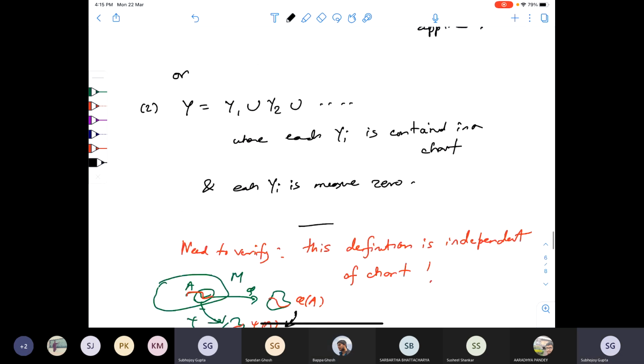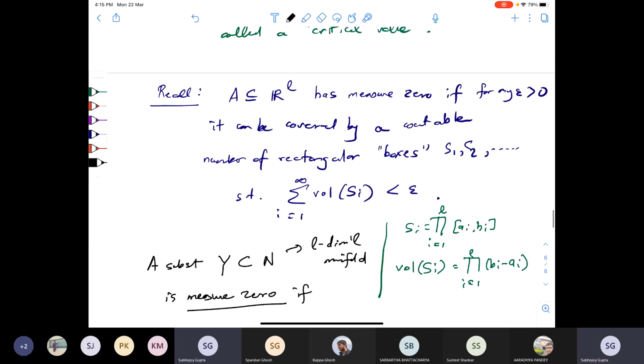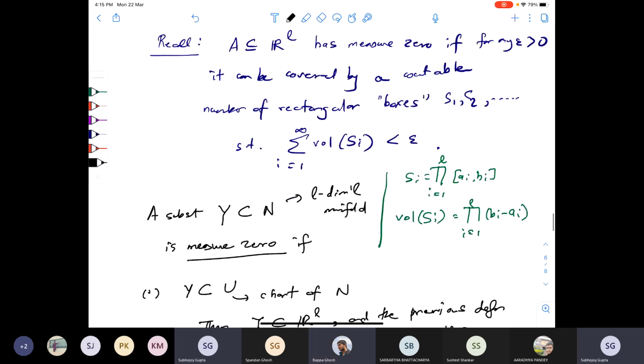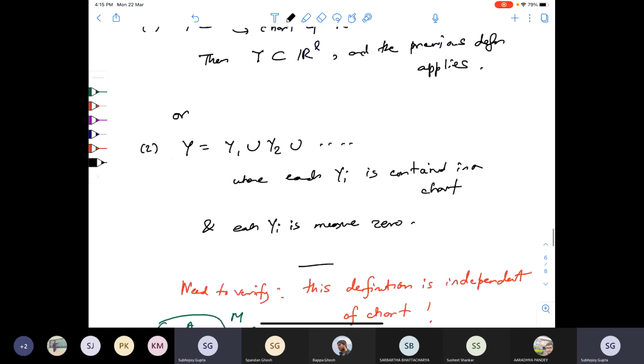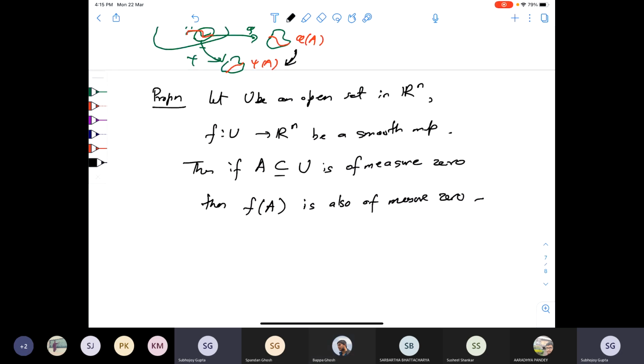So here I've just defined what measure zero is. I'm not talking of what the measure is precisely. Yes, it is the Lebesgue measure and so on, but I haven't gotten there, right? So this is just measure zero. But one can prove it just from what we've defined so far also.